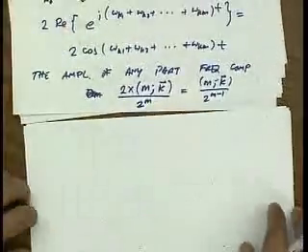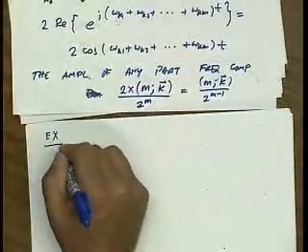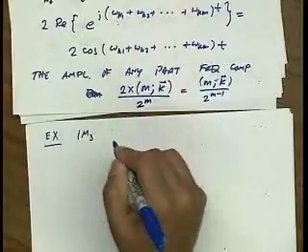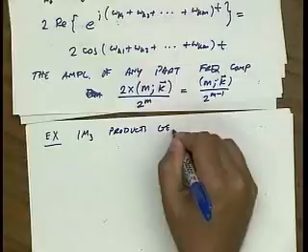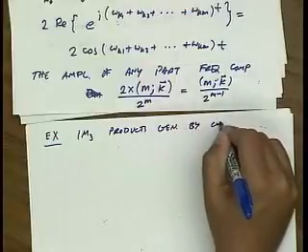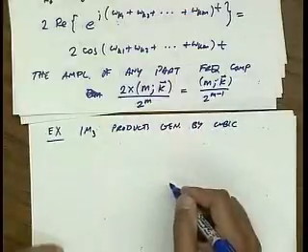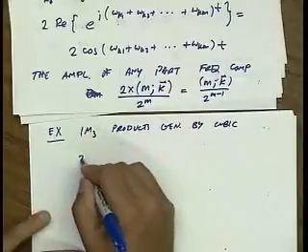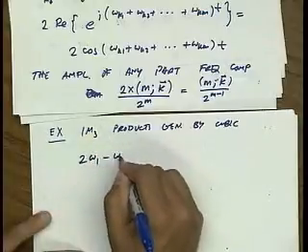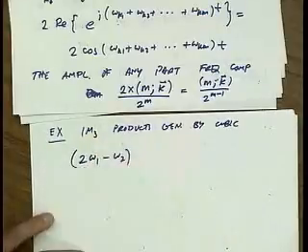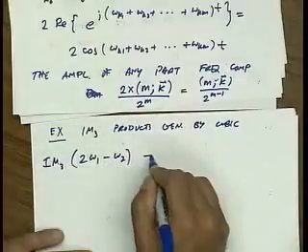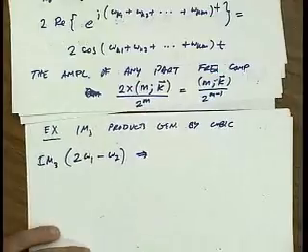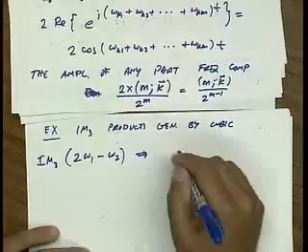Okay, so let's do some nice examples. Let's start out with something we know: IM3. So let's look at the IM3 products generated by cubic order nonlinearity. Okay? So let's take a particular case. Let's take 2 omega 1 minus omega 2. Okay? This is an IM3 product. Well, first thing we do is we write down the k vector for this particular